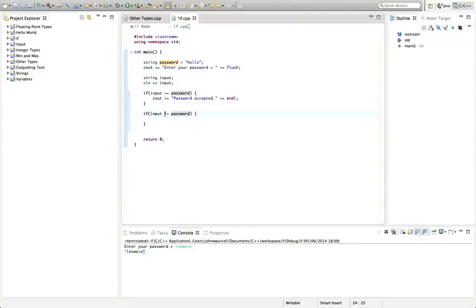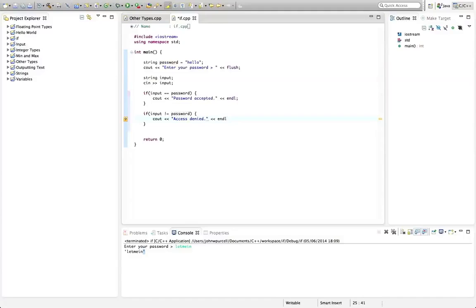So to get a test for non-equality in C++, you use this exclamation mark, which you read as not. So this is not equals, exclamation mark equals. So I'm saying if the input is not equal to the password, then I can take some action here. Let's type cout access denied